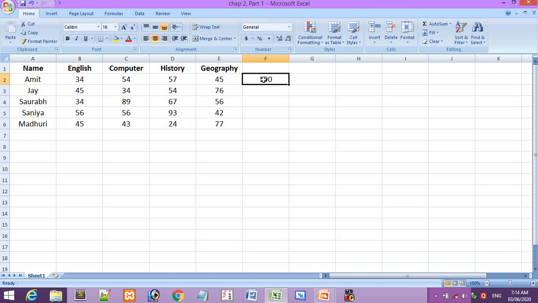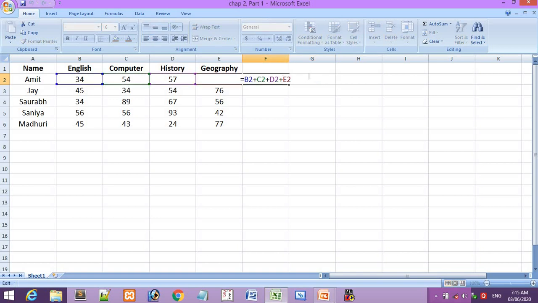Now, I did this using cell reference. Instead of using cell reference, I want to use these numbers. So first of all, here I will give the equal to sign. I have given the equal to sign. Now this I have done using the cell reference, using the cell name.